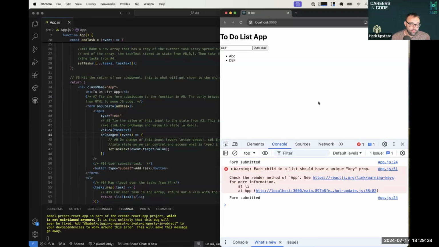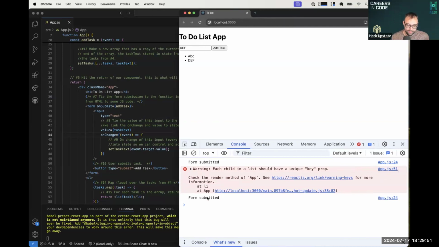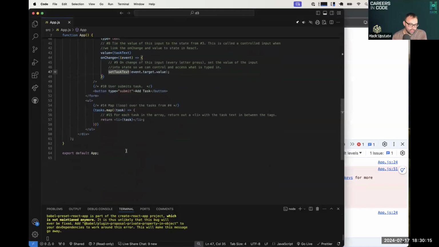Okay, so we've got this pesky warning message in the console, and it says each child in a list should have a unique key property, see method app. But if we look into this a little bit, this is called a stack trace. That stack trace, if I pop this open, is telling us the order that it ran into these errors. So it's saying it has a problem at LI, but why, how did we get to LI? LI is in app, and in app, the problem is in line 51. So if we look at line 51,